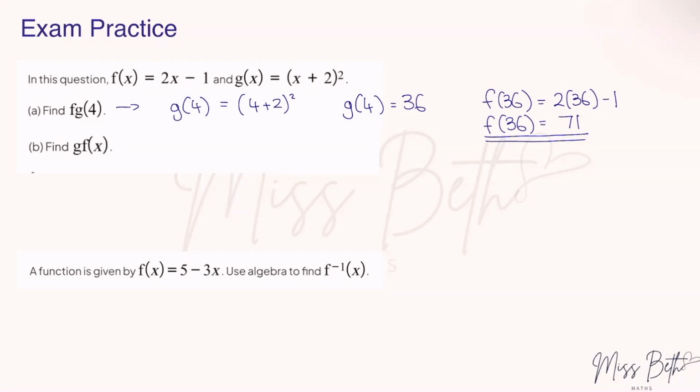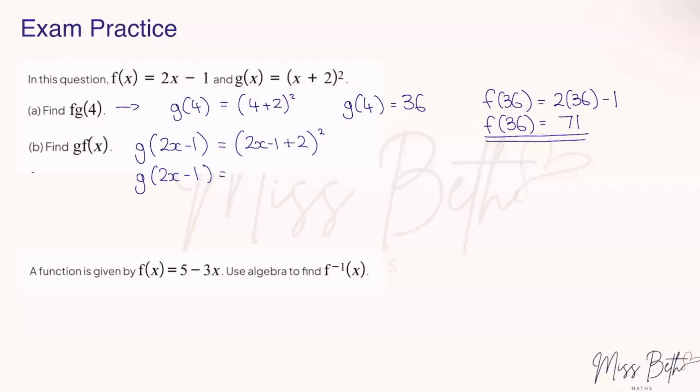For part B, an algebraic question, we're going to put the function of f of x into g of x, so replacing any x with the 2x minus 1. So effectively, we are doing g of 2x minus 1. So that is equal to 2x minus 1 plus 2 all squared. To simplify that,